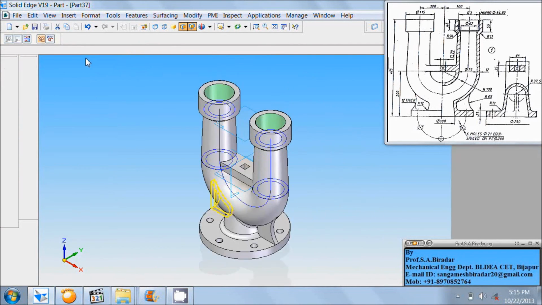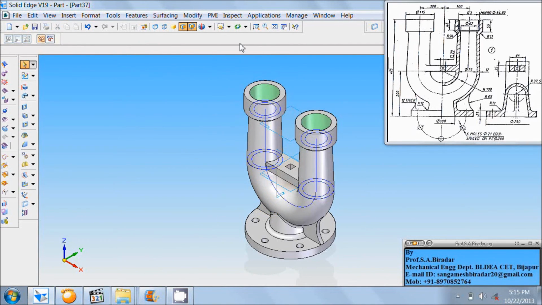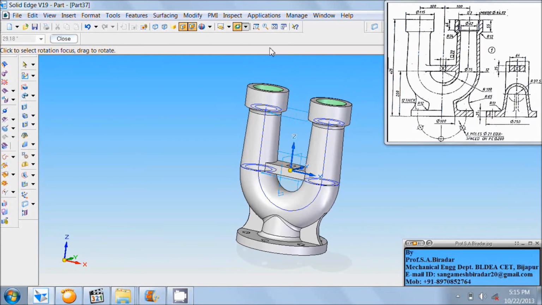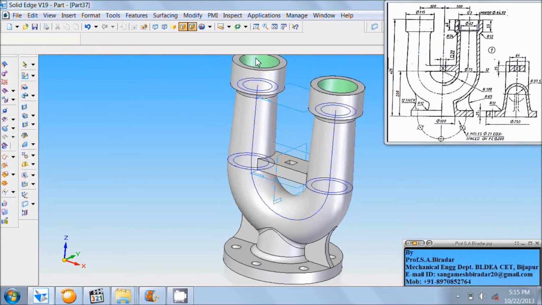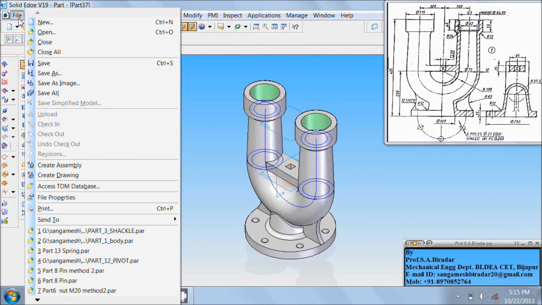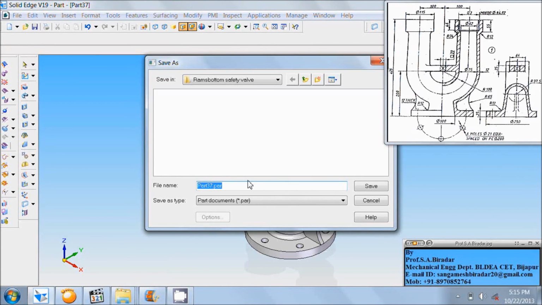Close this, click in the screen, fit it, rotate and see. Then do named view as ISO, fit it, go to the file, save as part 1, body, save it.